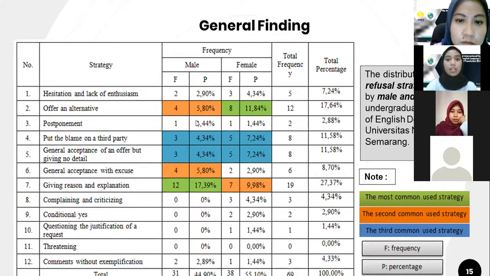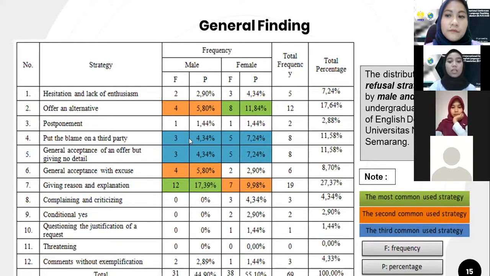So we can see in this table, we got 31 responses from male that were categorized into refusal strategies and 38 responses from female participants categorized into refusal strategies. So the total number of refusal strategies that I got from the DCT is 69. Okay, we can see that in doing their refusal, female and male participants share some similarities because they do hesitation and lack of enthusiasm, offer of an alternative, postponement, and